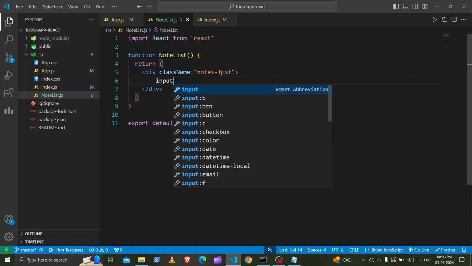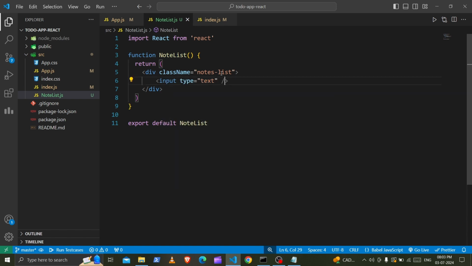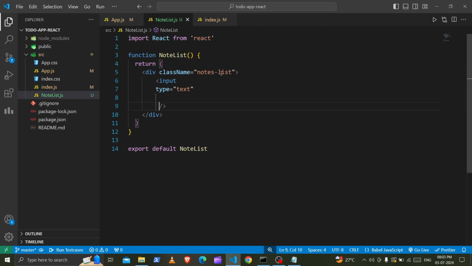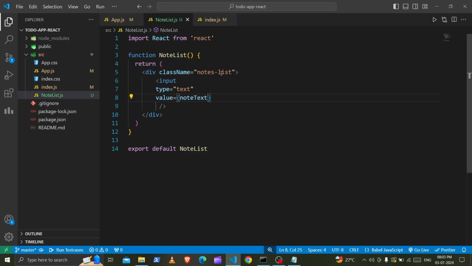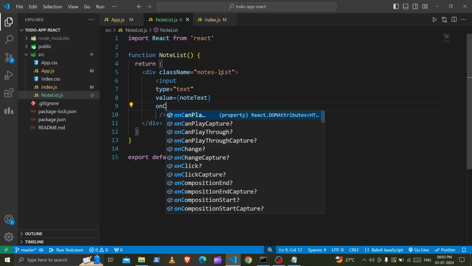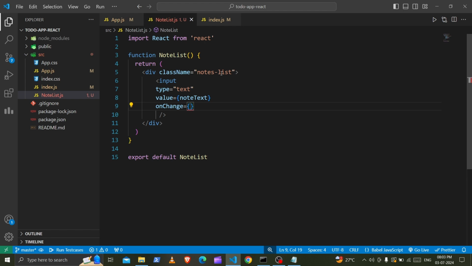Inside that we need to place an input which will be of type text. Then it will have a value of noteText. Let's define it later. And also we need to create an onChange for that, which will capture the value